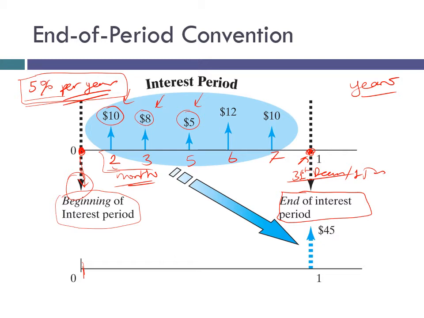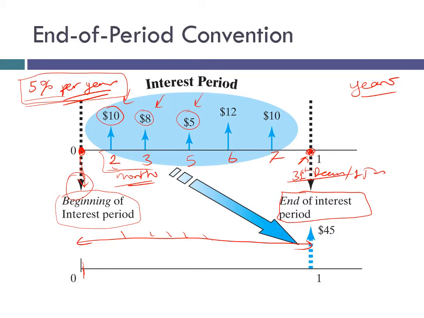So any amount that you withdraw or deposit in this cash flow that is in between the interest periods, anything in between, we will not consider at the time the transactions occur, but we will